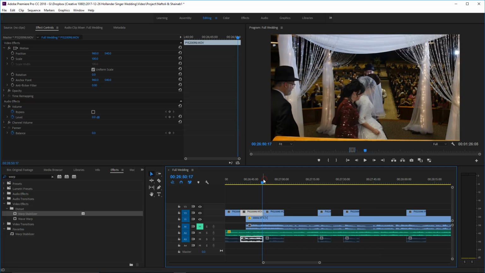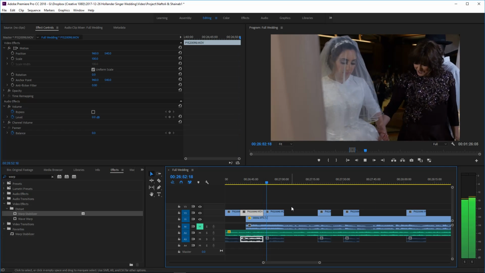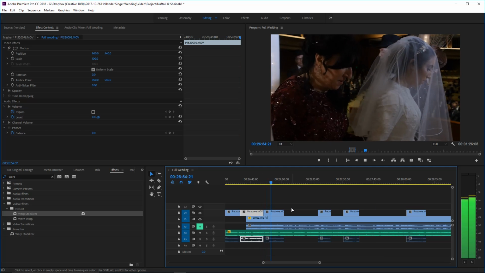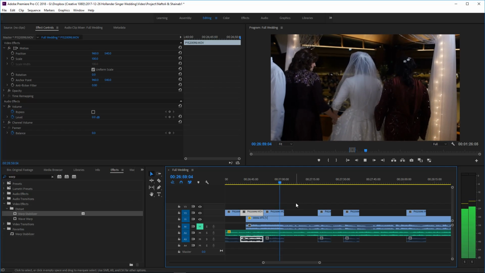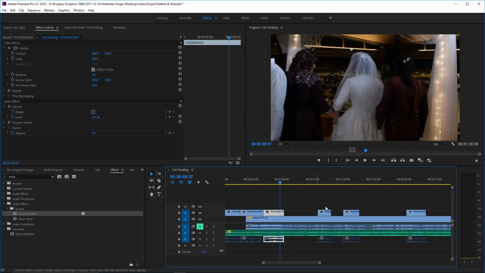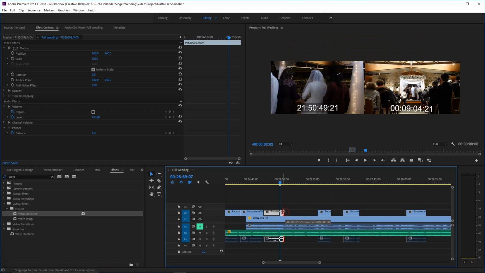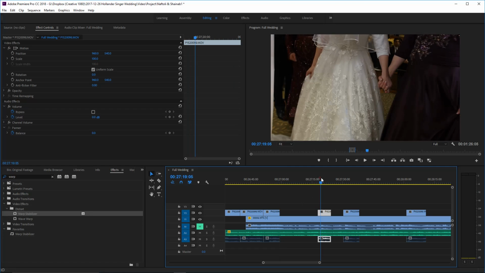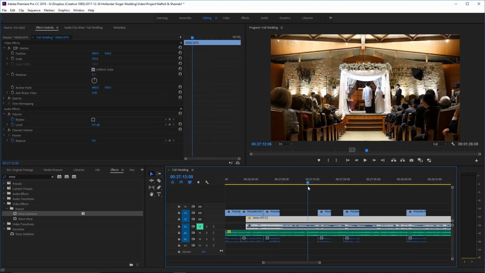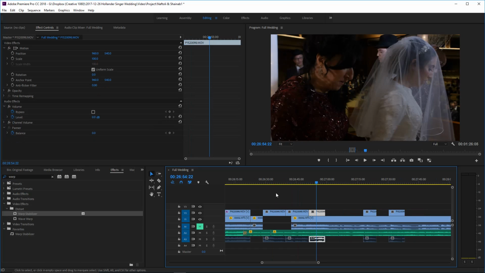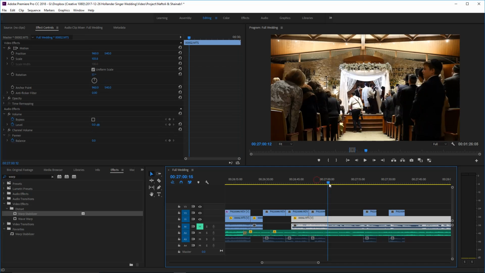This one here, they're actually coming around the front. So let's try that. And just to make the cuts with the music, we're gonna cut that there.